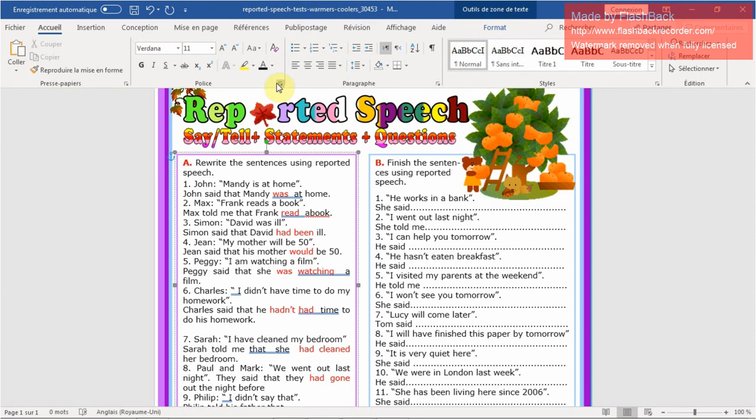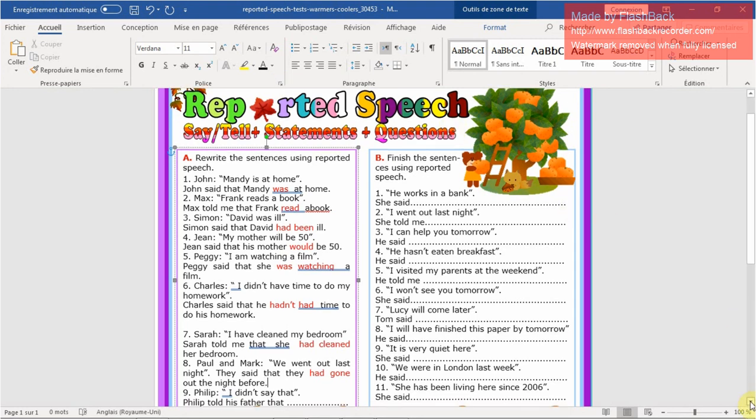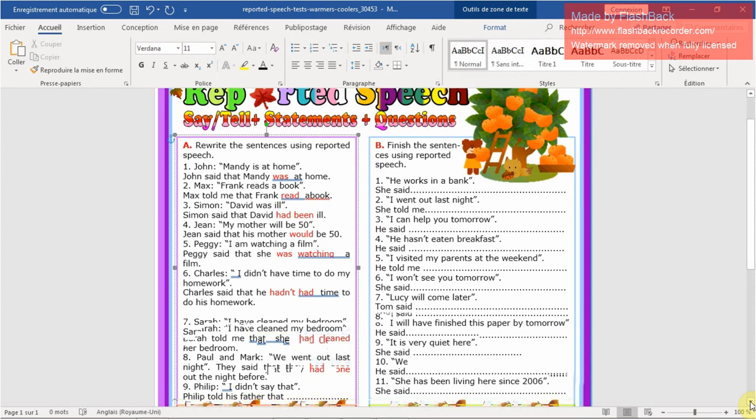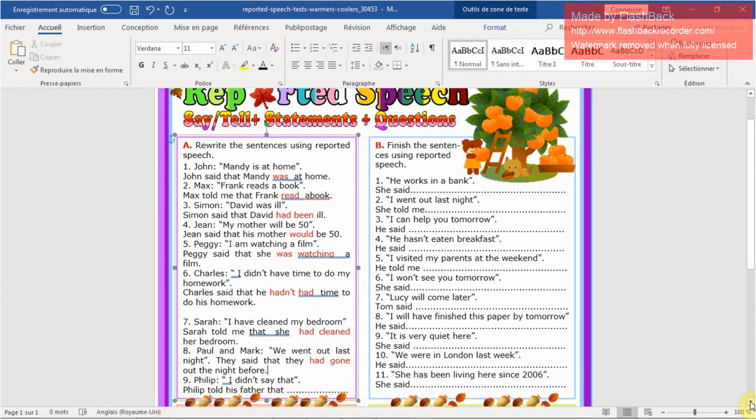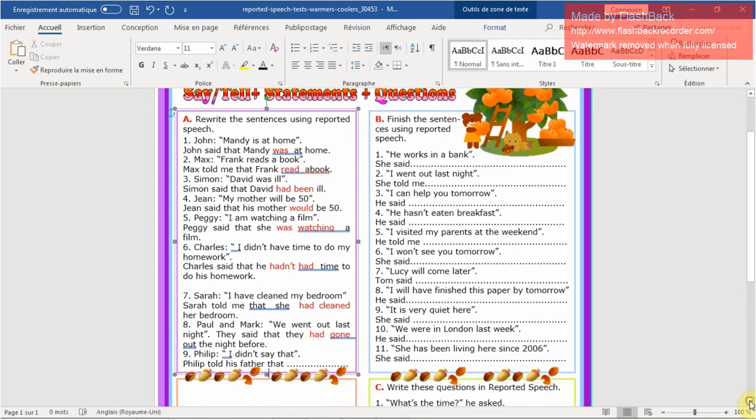Also adverbials of time, we need to change them. Adverbials of time, ظروف الزمن, last night, tomorrow, today, now, yesterday. We also change them when we turn sentences from direct to reported speech. We will see them on their own. For now we focus only on the changes in tenses.